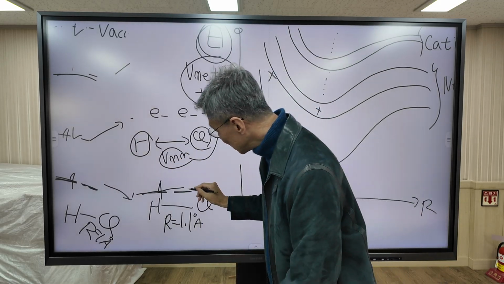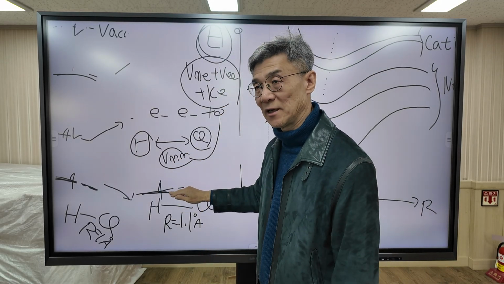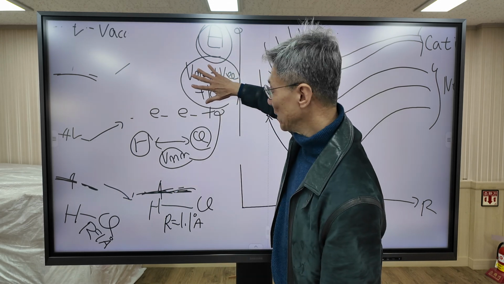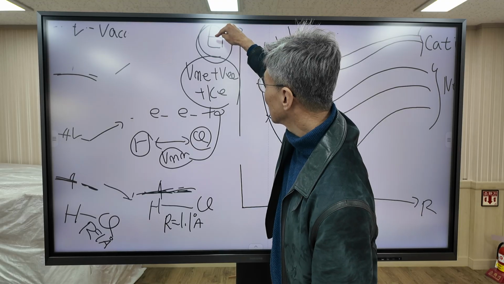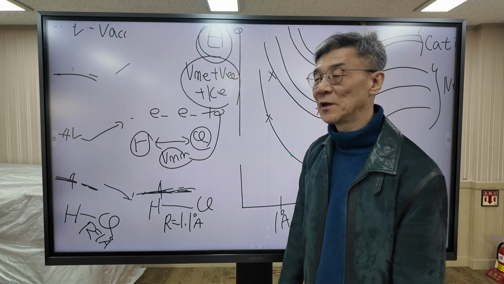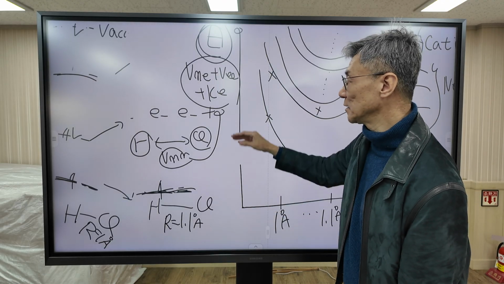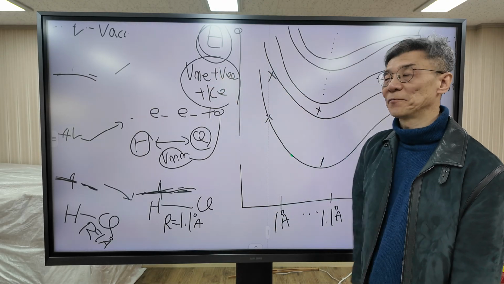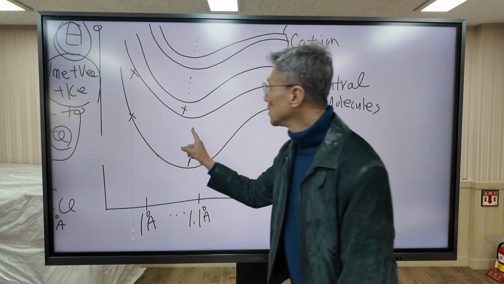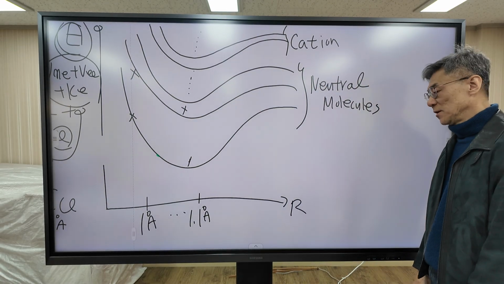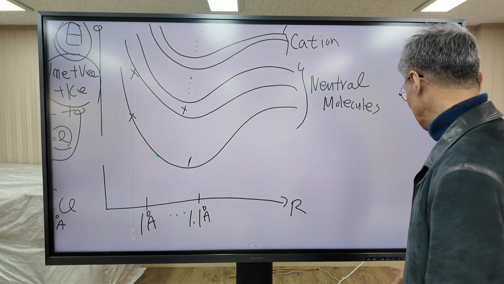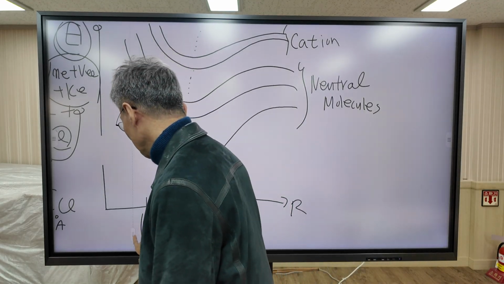This term is not in the molecular orbital energy. The molecular orbital energy includes only three terms. So to calculate the total energy E, we must include this fourth term. So the y-axis includes four terms. This is the potential energy curve of our system. Okay, this is a very, very important concept in our course. Now let's move on to another topic.